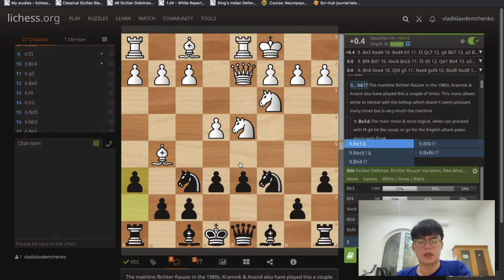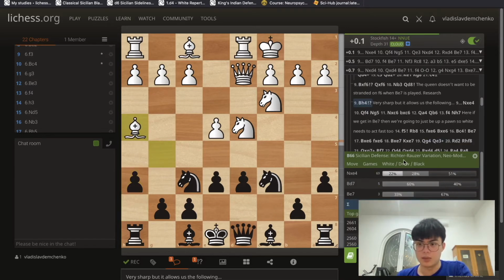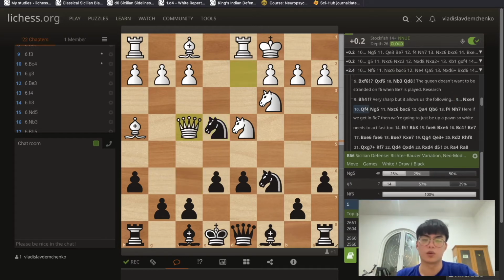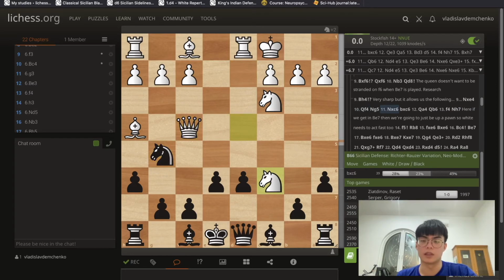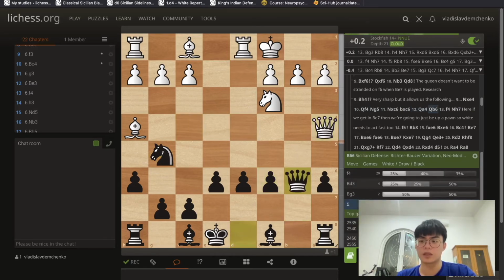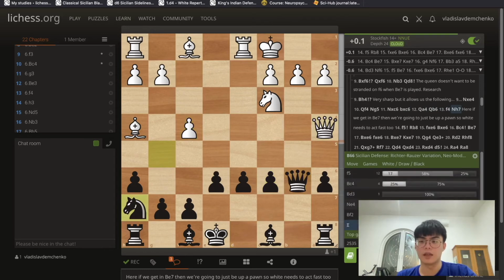This is just maybe for your information. Bishop h4, it's very sharp, but it allows us the following knight e4. Okay, we can just continue with this. We're just going to win a pawn here if white does nothing. So queen f4, knight g5, knight c6, bc6. This is all forced. Queen a4, queen b6, f4, knight h7,